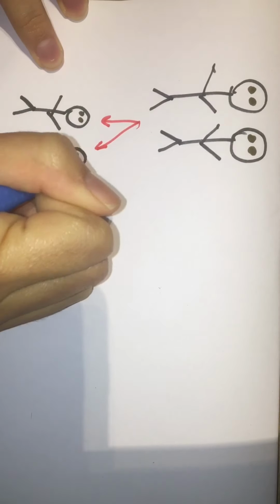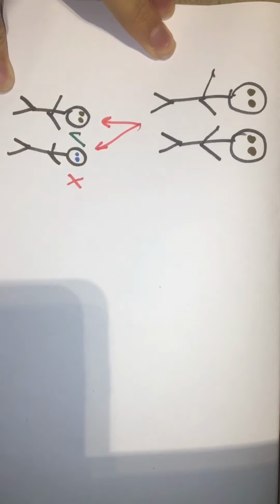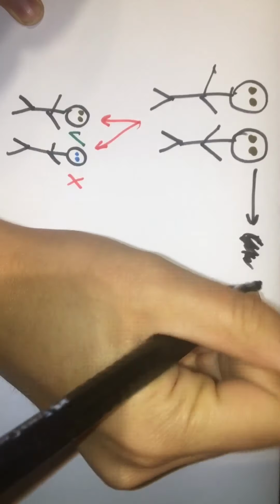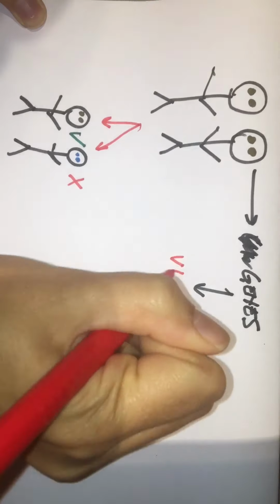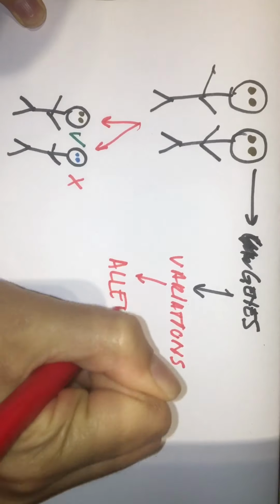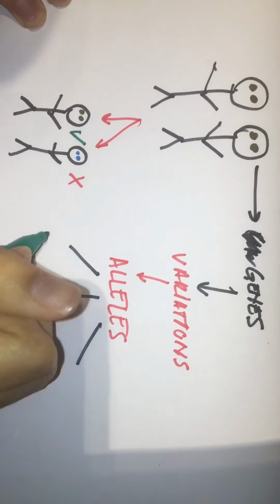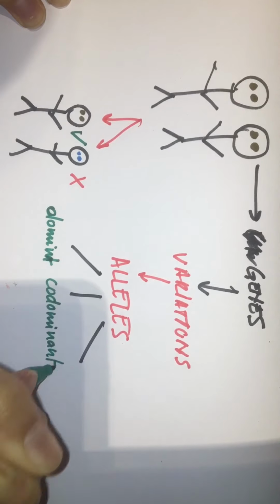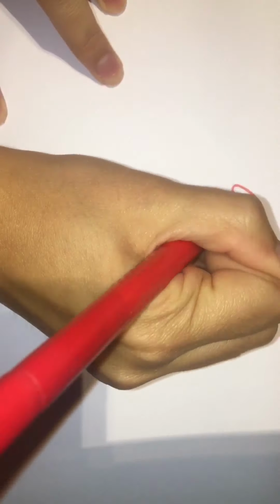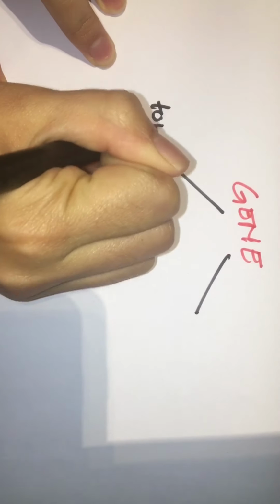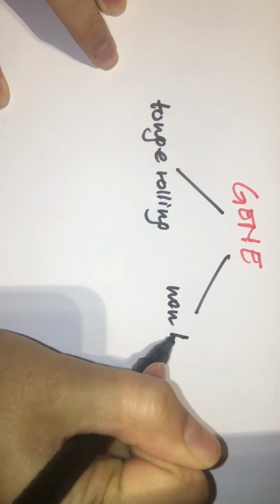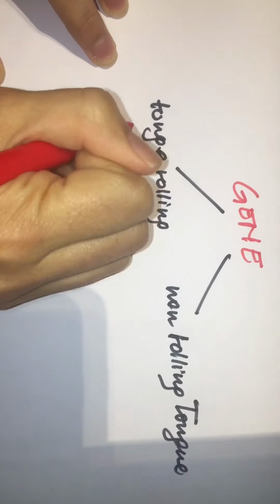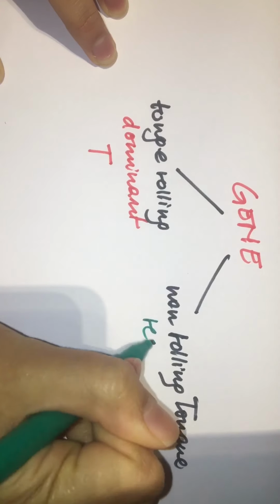Some characteristics, such as the color of our eyes, are passed down from our parents, but other characteristics may not. These characteristics are defined by genes, and these genes have variations called alleles. Alleles can be dominant, codominant, or recessive. This defines the ability of an allele to overtop another allele. Now that we understand this, we are able to say that tongue rolling is a characteristic or gene controlled by a dominant allele called T, while the absence of the ability to roll our tongue is defined by the recessive